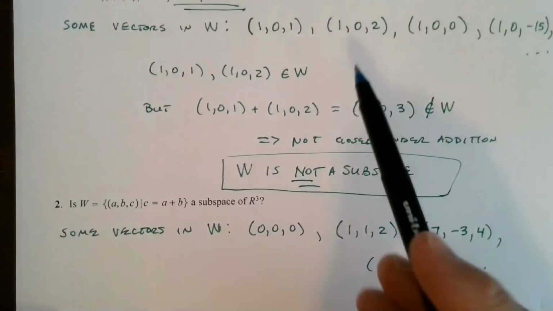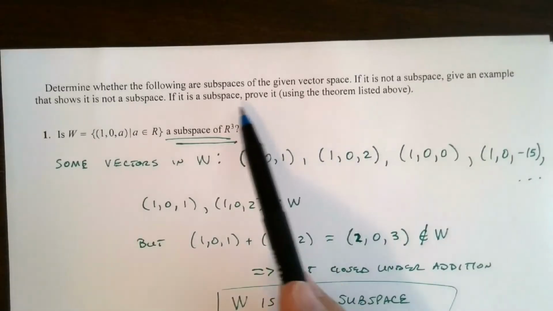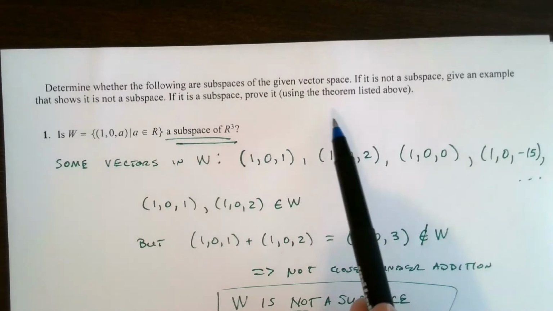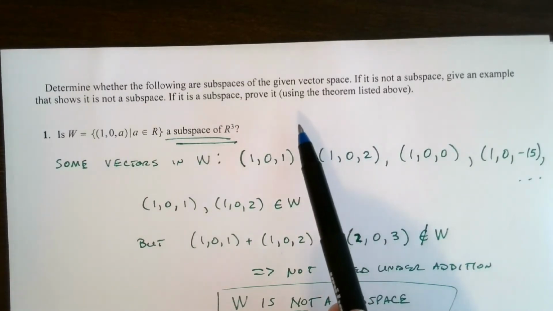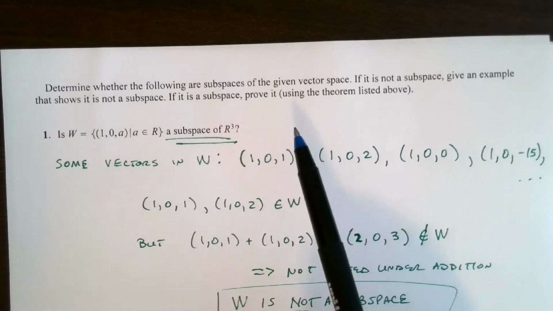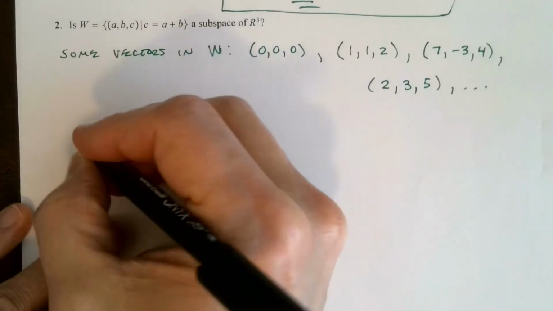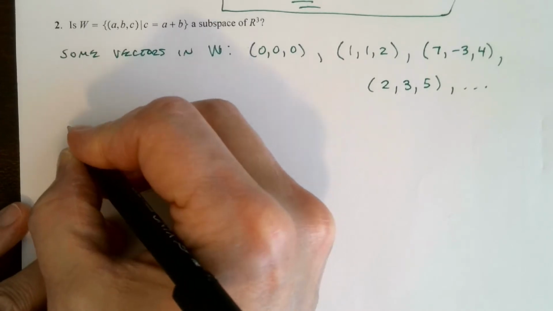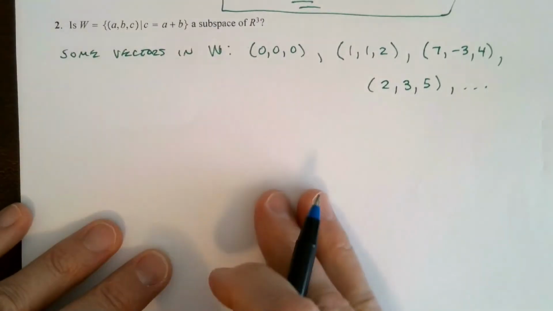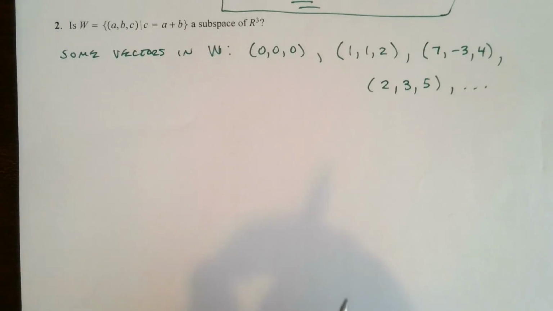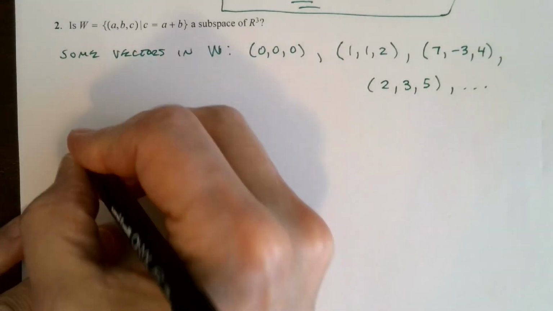And we're going to use the theorem we talked about in the last video. We're going to prove it using the theorem that says if you have a subset of a vector space, then you need to just simply show it's closed under addition and closed under scalar multiplication. So here's the way we're going to do it. And I want you to pay close attention, because this will basically be the proof in our third test. We'll be proving that you have a subspace. So I'm going to let